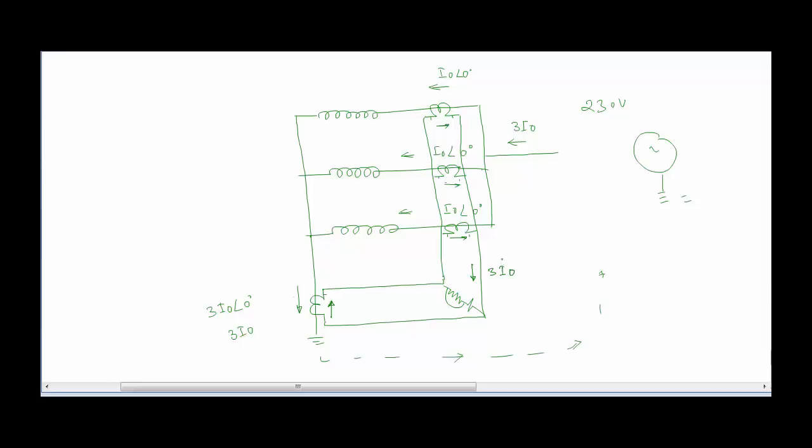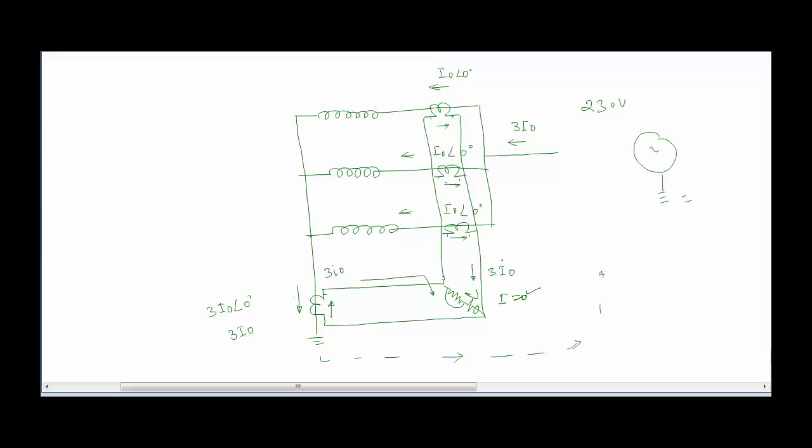so I am marking this one as small 3I0, and here also it is small 3I0, because the CT ratio is the same. So this is flowing in this direction, and this one is flowing in this direction. In this case, if we are measuring the current flowing through this cable, it should be equal to I equal to 0 amperes. But if there is any problem with the circuit, then the value of this I is not going to be 0, but